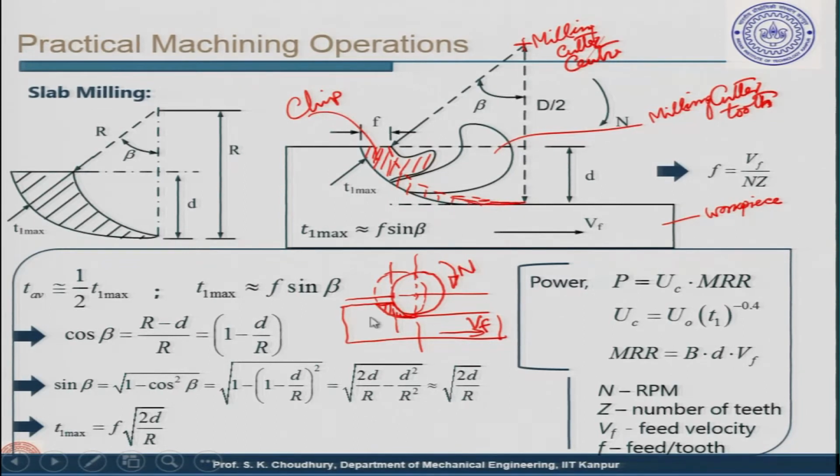Sometimes, you know, the milling cutter also moves. Suppose the milling cutter is moving from here to here, in these two positions. In that case, the chip will be like this. Now, D by 2 is the radius of the milling cutter, capital D being the diameter. As you understand, from here to here this is also D by 2, the radius of the milling cutter, because this is one position of the milling cutter. In that case, this is the diameter, D by 2, and this is also D by 2, because this is moving.